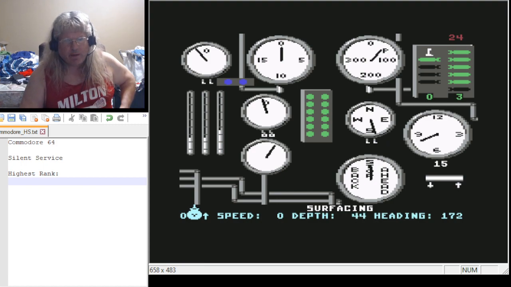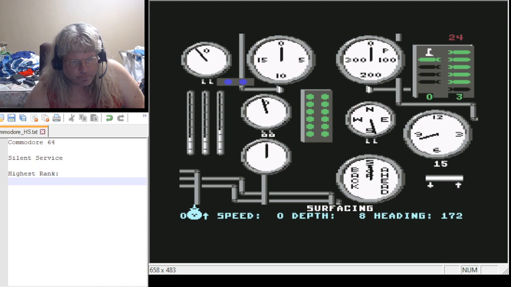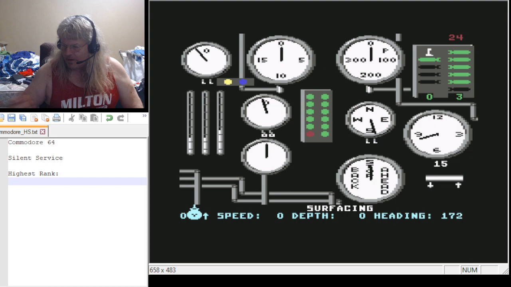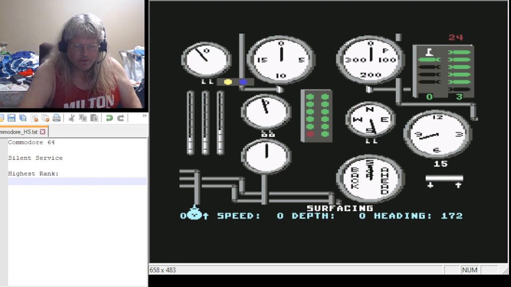Okay, now you see that we have 0 aft torpedoes in reserve. That's a good thing, because if you use your aft torpedoes before your bow, it's going to help you, because you don't have to do anything fancy. So what I'm going to do is F1,